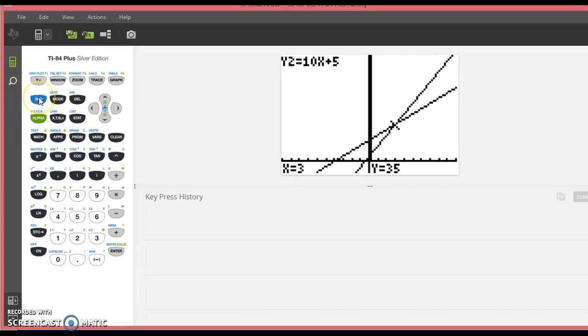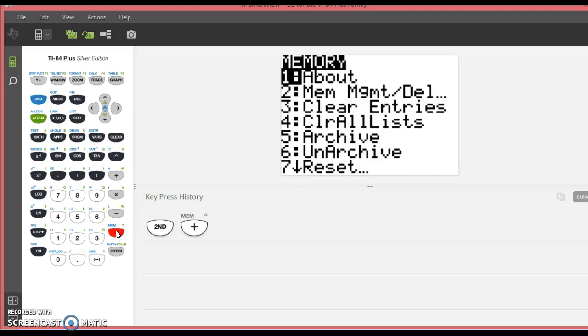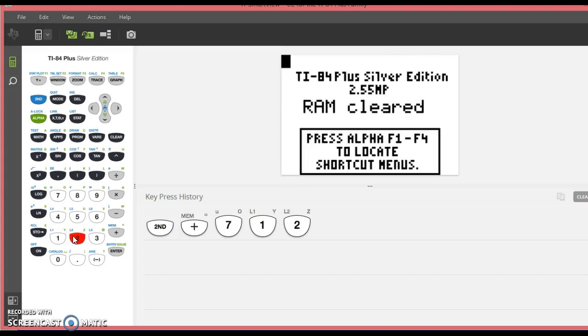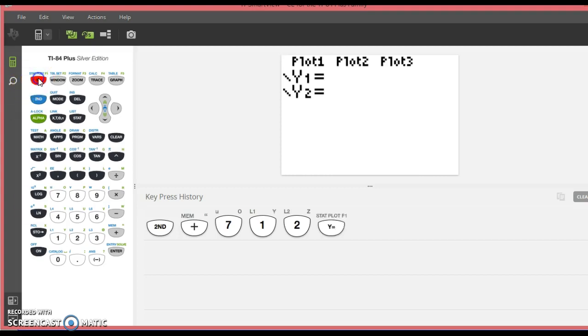I am going to, for the sake of time, clear the memory on my calculator. Second plus 7, 1, 2. That puts me back at my standard viewing window, which is 10 to negative 10 on the x and the y. Now, when you are graphing inequalities, they must be in slope-intercept form. So, you go to y equals,